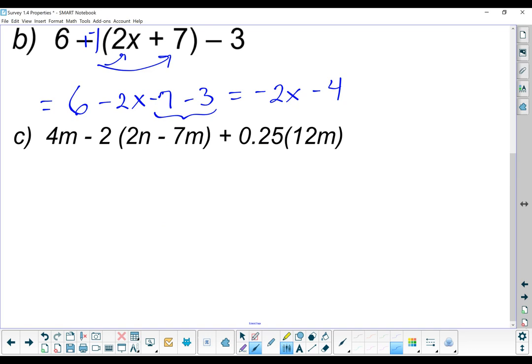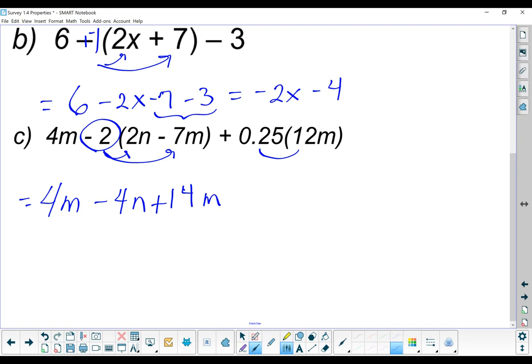All right. On C, we've got 4m. The -2 is going to distribute, isn't it? And then the 0.25 will multiply by 12m. So we also have to think of order of operation that we had done earlier in this unit. So order of operation, I'm going to take that -2, distribute it through, and then I'm going to multiply those as well. So I'm going to leave this 4m hanging out front for a moment and deal with it as a next step. So I'm going to get -4n, -2 times -7 gives us positive, not 7, but how about